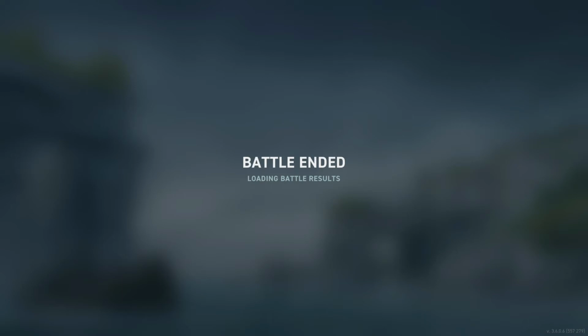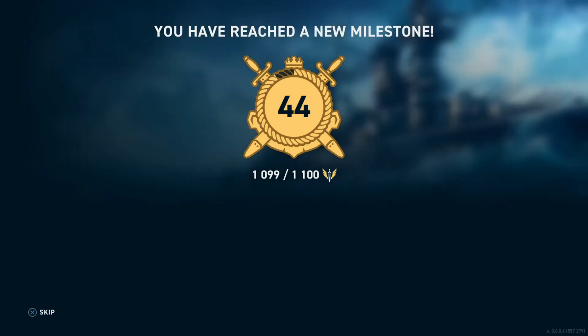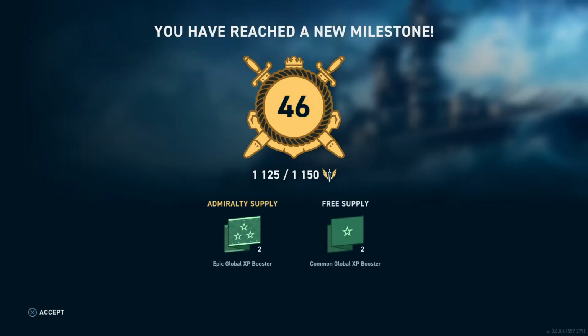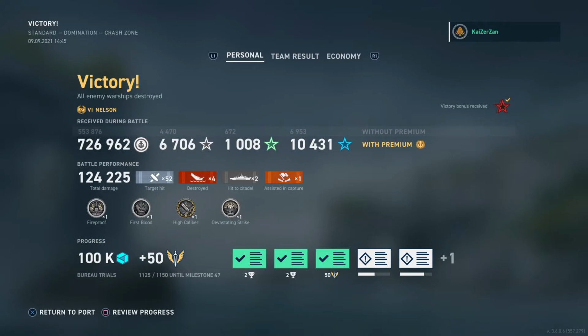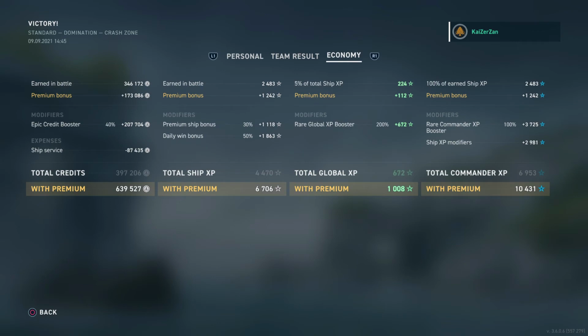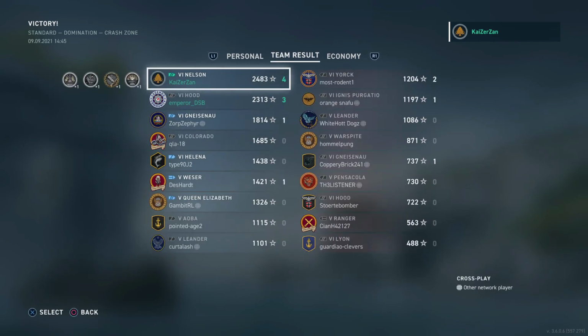That brings us to the end of this quick little match on Crash Zone, just showing how good the combination is of the Nelson and the Hood there. We finish off the match with 4 kills, 125,000 damage and a base XP of just shy of 2,500, and my division mate just over 2,300 base XP there for 7 kills for our division out of 9 enemy players. I think that was a pretty good match that we got there. We worked very nice in sync, we got nice crossfires, and yeah, I hope you guys enjoyed this quick little